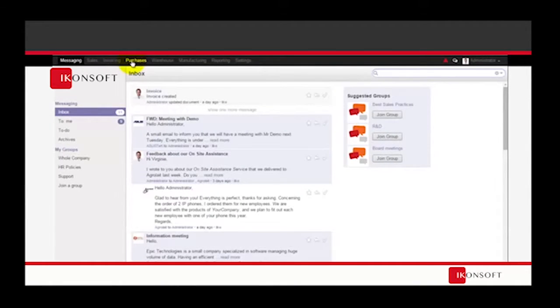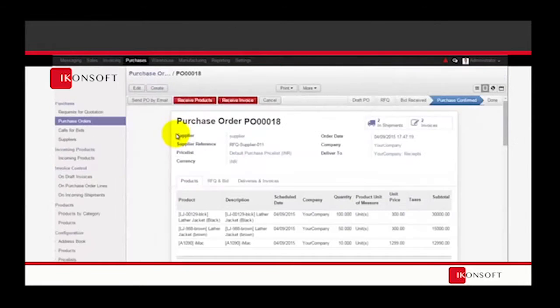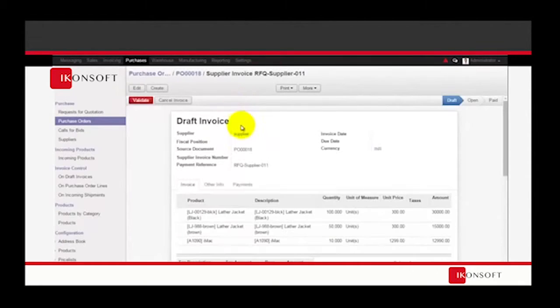You can take note of the invoice that your supplier has sent to you from the invoicing menu, under supplier invoices. You can also do so by clicking on receive invoice in the purchase order. When I click on the receive invoice button, it will create an invoice for my purchases which will